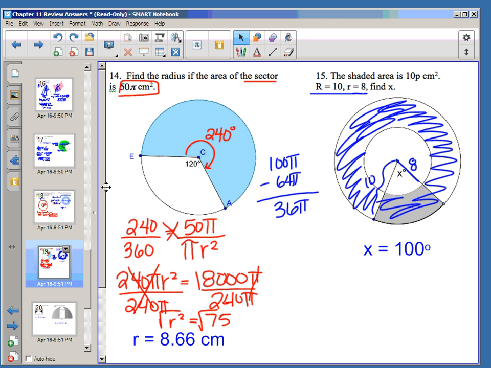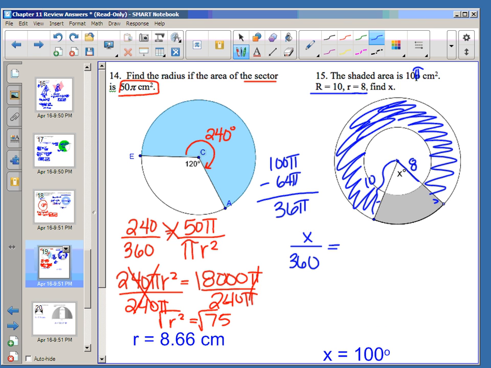What I do know from the problem, and this should be 10 pi, didn't show up. What I do know from the problem is that the area of just that gray region is 10 pi. So I'm going to set this up as, I don't know what the angle is, but I know it's going to be out of 360,